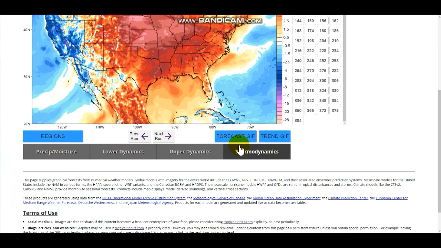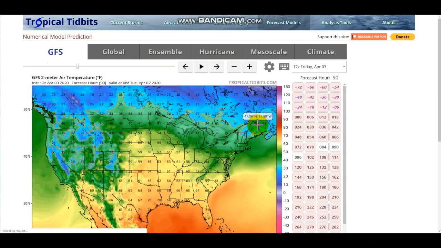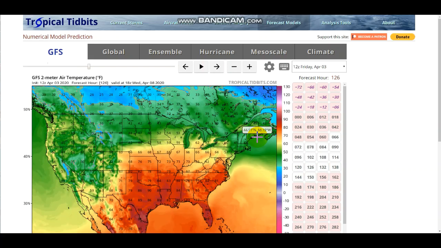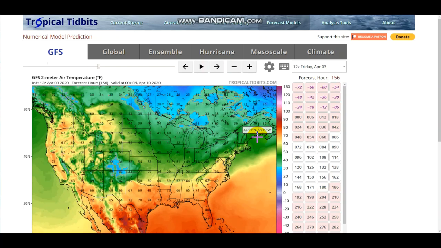So let's take a look at the 2-meter temperature shaded, which actually tells us what the temperatures are going to be in terms of Fahrenheit versus just anomalies, which is the deviation from average. And you can see that we get very warm temperatures, 60s, 70s, 80s across the central southern United States. The north is also pretty well above average, or at least closer to average. And then this is where things really start becoming cold.